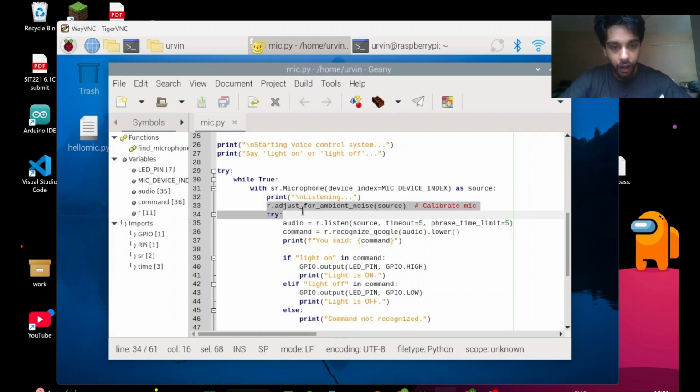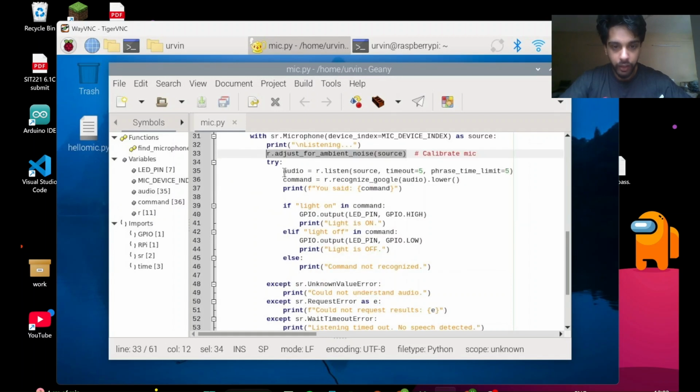And then we have r dot adjust for ambient noise. This is also an important function built into the speech recognition library, which will help us avoid background noise such as fan noise or any sort of traffic noise. This function basically minimizes that noise and improves our listening ability. So here we have the audio r dot listen. In this part the Raspberry Pi will listen to our voice for about 5 seconds,